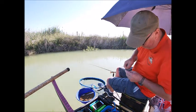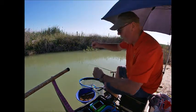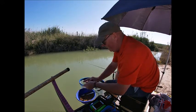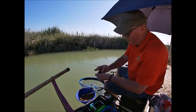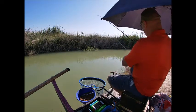Got one on eventually. I'll just pull that down a little bit. At the end of the day, it is a boat rig this, and they should be hooking themselves. It's a free running rig really till it's that little stop, which is only a float stop, so